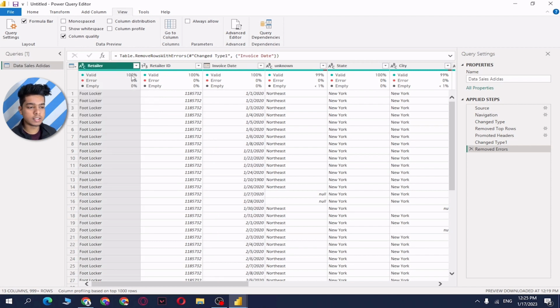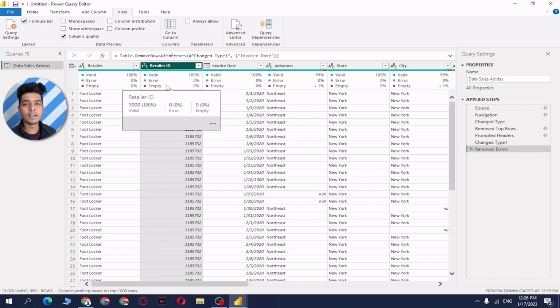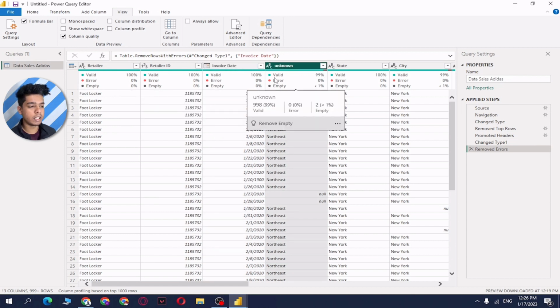In this case our column is 100% valid, which means we don't need to look further at it. One by one, let's see which columns we need to focus on. This column is 100% valid. Now this column is 99% valid, and we can see there are less than 1% empty values, so we need to remove these empty values.